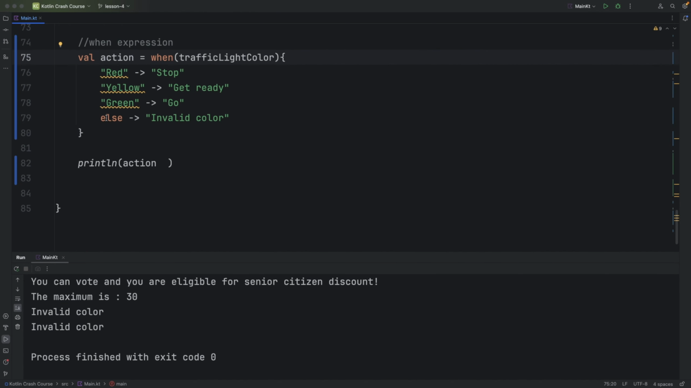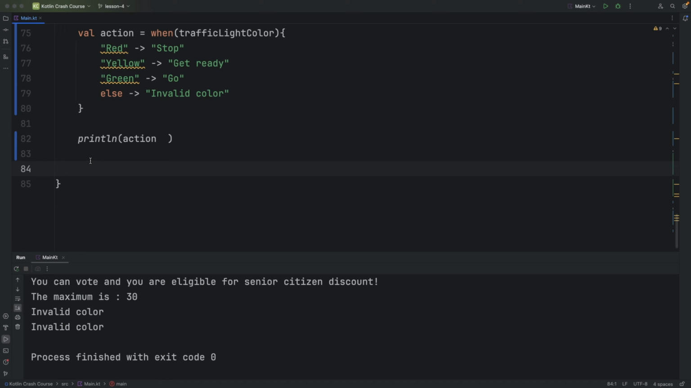So what are some of the best practices when using if-else statements and when statements or expressions? When using when as an expression, make sure to include an else branch to handle unexpected cases. This ensures that your when expression